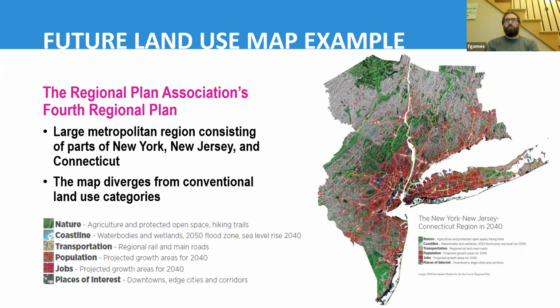And of course, the reason why Connecticut and Long Island and New Jersey are an important piece of this map is because they have commuter rail infrastructure that extends into New Jersey, Long Island and Connecticut that helps define the region. So this is starting very zoomed out in a very complicated region. But if we go to the next slide,